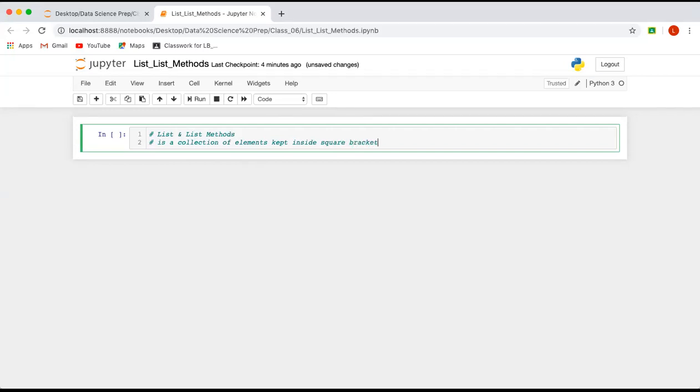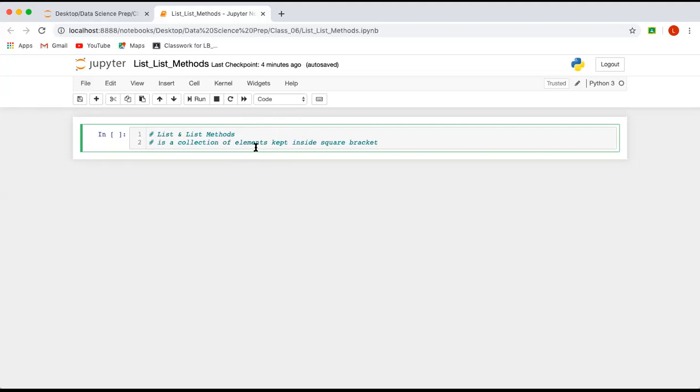Okay. So list basically is a collection of elements kept inside the square bracket. These elements can be of any type. These elements can be integer, can be float, can be complex, string, even a list also you can keep inside a list, right? So list is just a collection of different data types and kept inside the square bracket. Okay. So if you want to make such kind of collection, then you can go for the list.